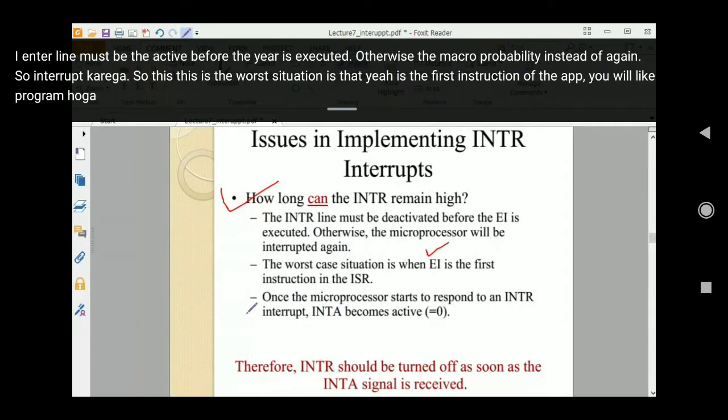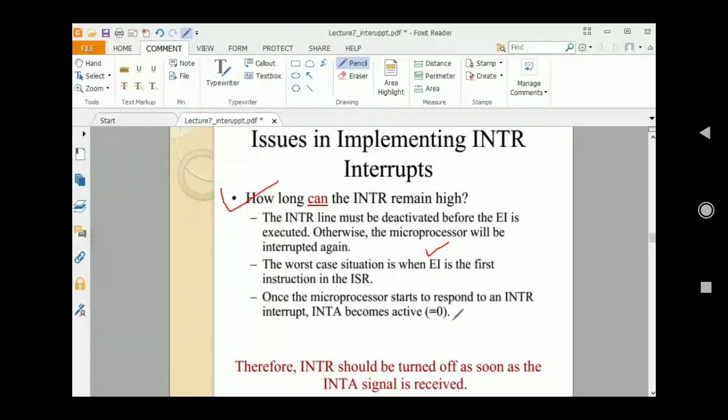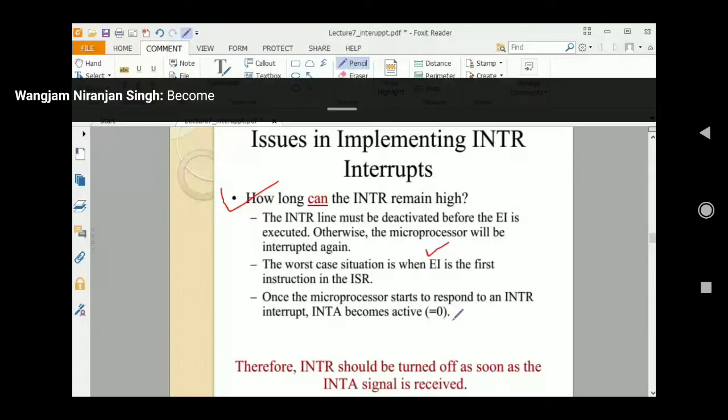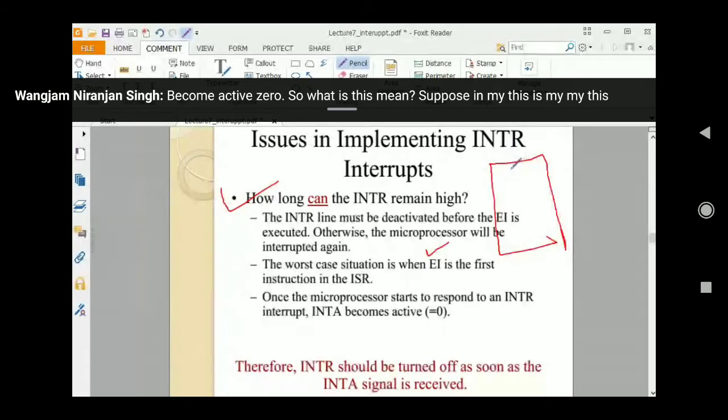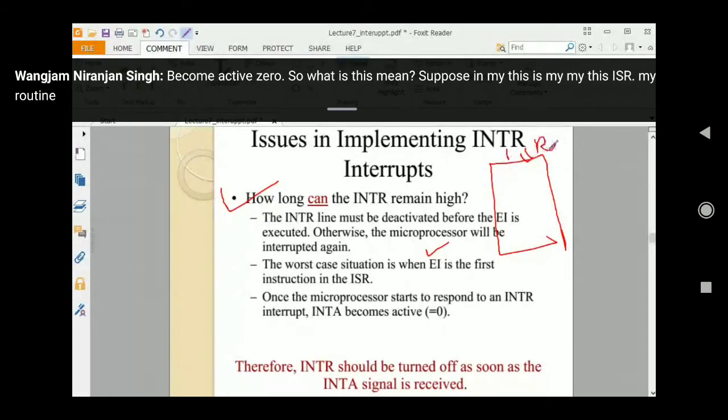ये मैं समझाता हूँ. Again, if I have this concept, then the microprocessor becomes active. So what does this mean? Suppose this is my ISR, my interrupt service routine.